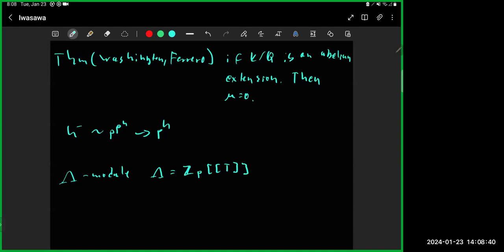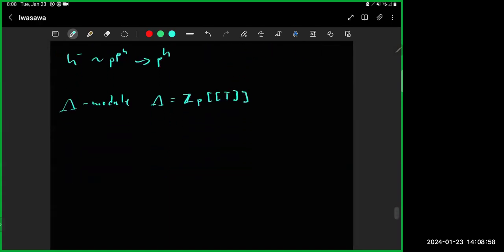There's a theorem of Serre's that tells us what the structure of these modules is like. Just the fact that we have a structure theorem for these modules already tells us how much we know about them. But the whole point is that using this huge theory of lambda modules that I very much don't have time to get into right now, Iwasawa proved the main theorem of Iwasawa theory. Namely,